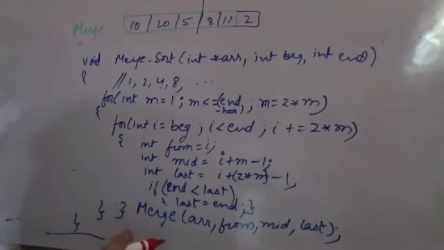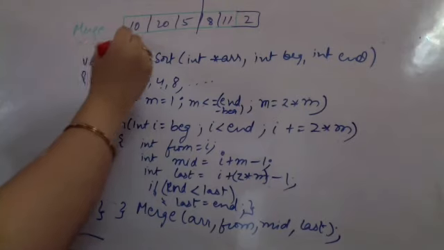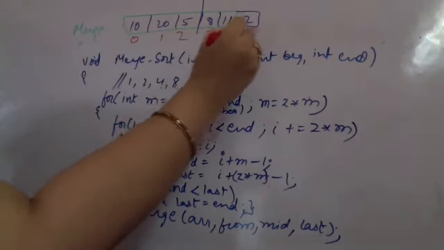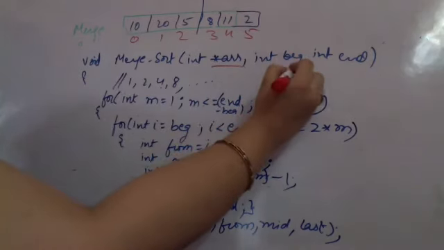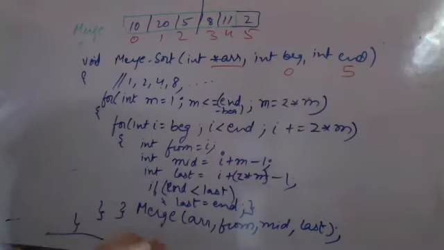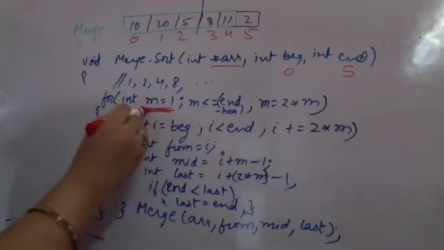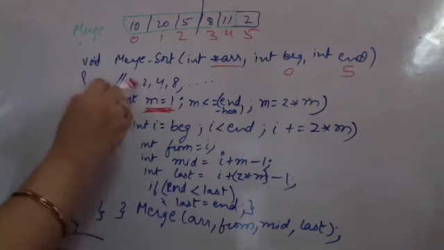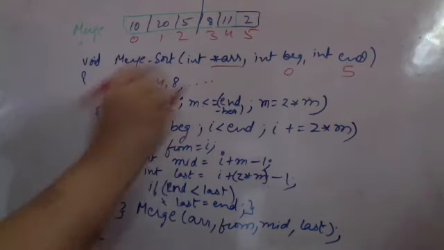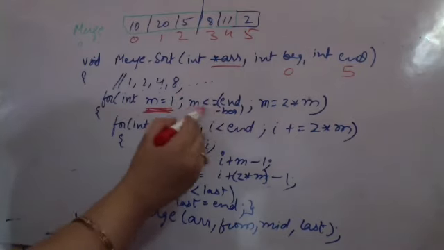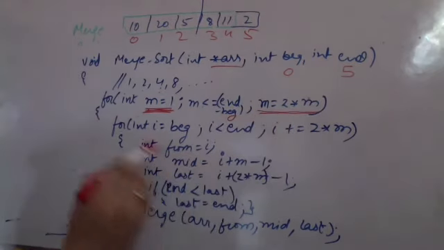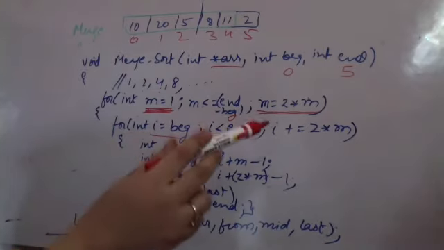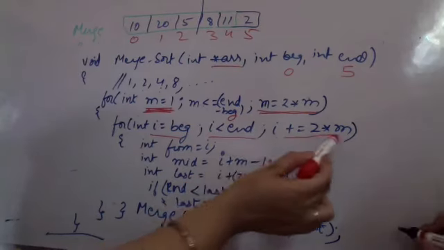So when I'm doing it iteratively, let us take an example. So suppose this is 0, 1, 2, 3, 4, 5, and 6. So you have the array. You are initially going to call the merge sort from 0 to 5. Okay. Now size, initial size, M is the size. So size will be 1 or 2 or 4 or 8 and so on. So you are running till size is less than end minus beginning. And you are changing the size by size into 2. You are running a nested loop. I is starting from beginning till the end. For the entire array, you are running this loop and I is changing by plus 2 into size.